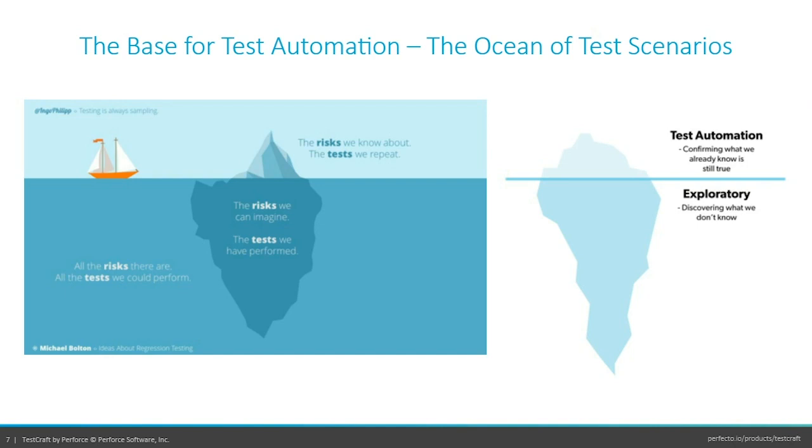So the reason that we need automation is that if we are able to get automation to cover that part, which most testers today spend most of their time covering. What I'm saying basically is that today manual testers are spending most of their time checking the risks that we know about, the tip of the iceberg, the minority of cases that our application can present. If we are able to let the automation do that, and we can do that in a very